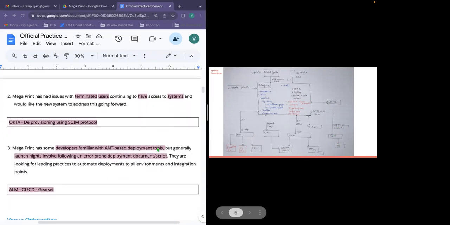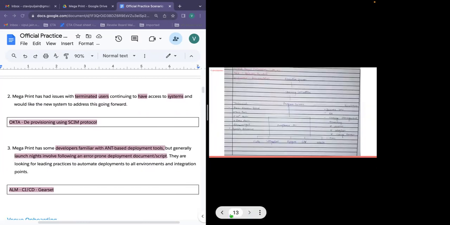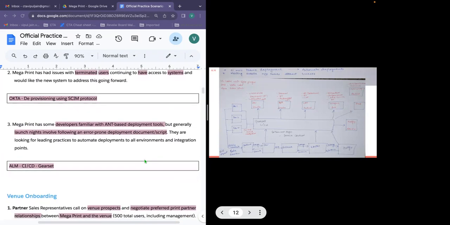Then there is a third pain point which this organization has, and it is related to deployments. They are facing issues with the error-prone deployment and scripts which they have, and they would like this process to be automated. That's where I'm proposing ALM. We'll have scratch orgs for each and every developer working on it, and we are going to leverage CI/CD via Gearset, as well as source control using Bitbucket, and each and every developer is going to